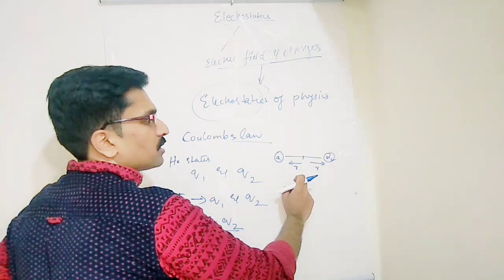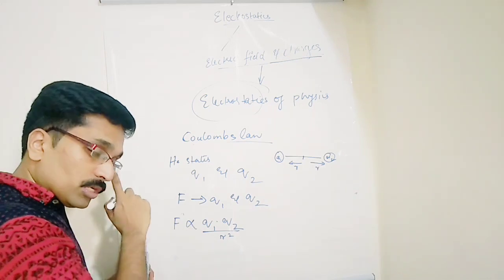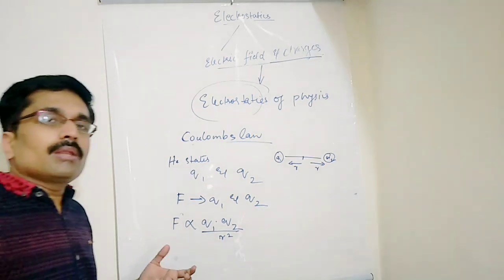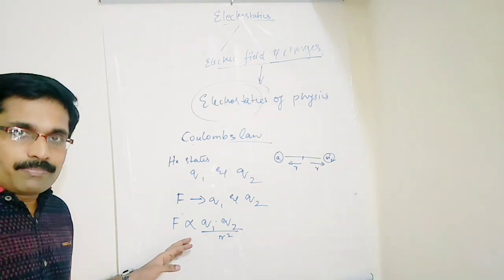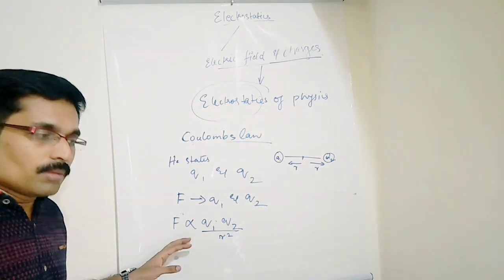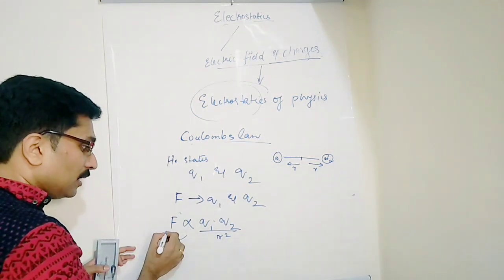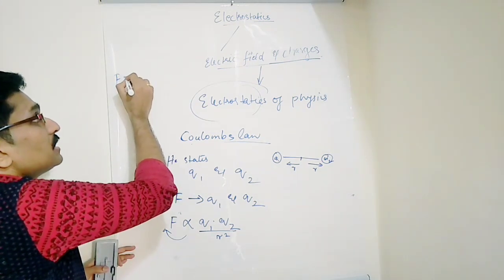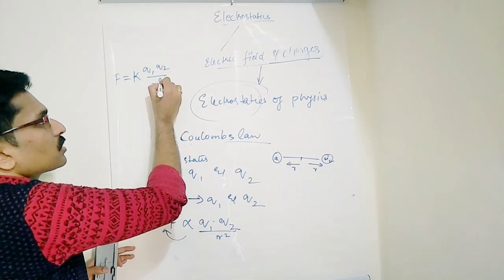So it is the square of the distance between these two charges. Okay. So we have F directly proportional to q1 q2 by r square. And I used to tell my students that wherever we are putting this proportionality sign in physics, we used to have a constant. So in this case, regarding Coulomb's law, the constant which we are going to use over here is F is equal to k q1 q2 by r square.